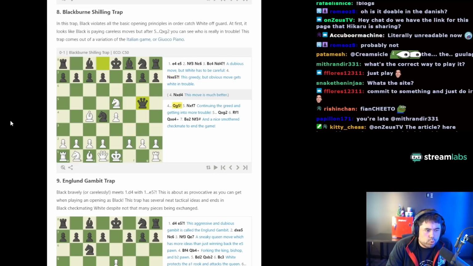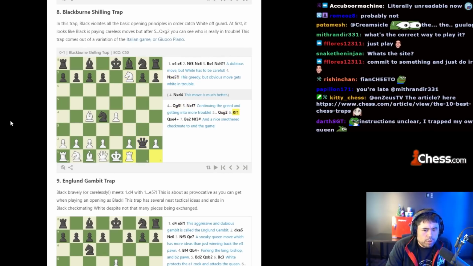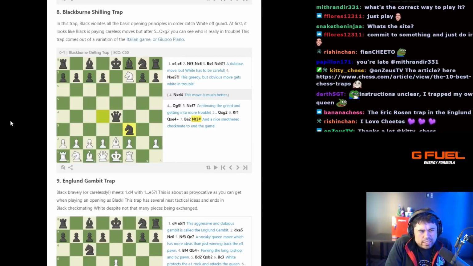So after knight takes e5, there's queen to g5, knight takes f7, queen takes g2, rook f1, queen takes e4, bishop to e2, and now black plays knight to f3. Very beautiful checkmate. As everybody knows, the Blackburne Shilling, I've been playing it a little bit here and there in